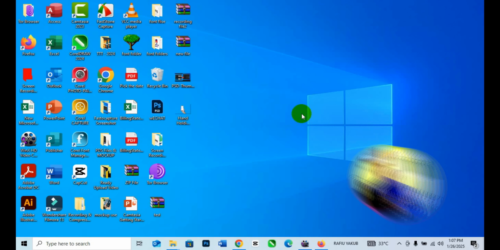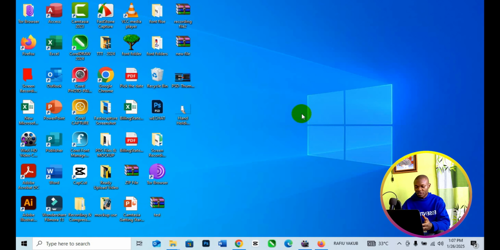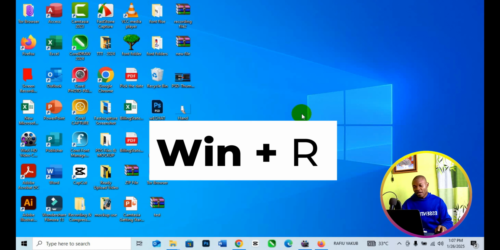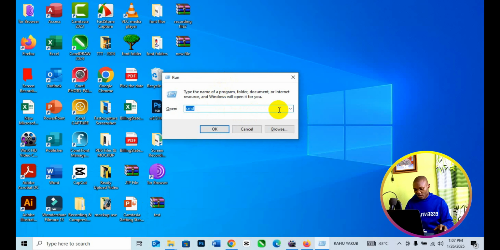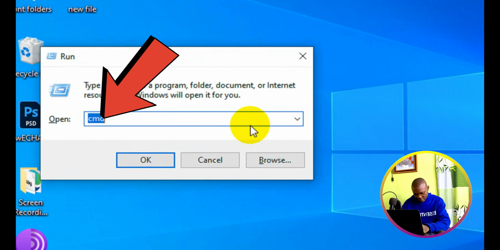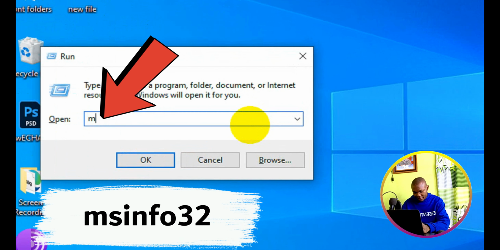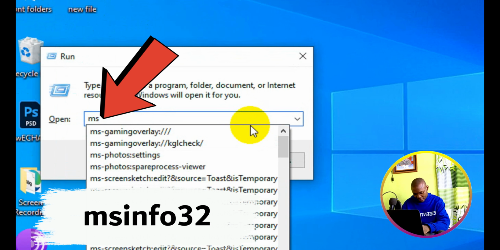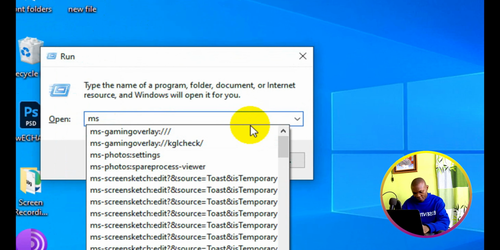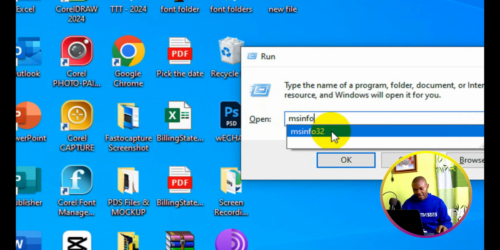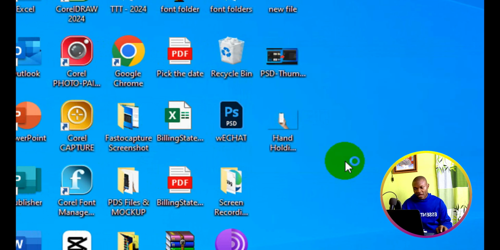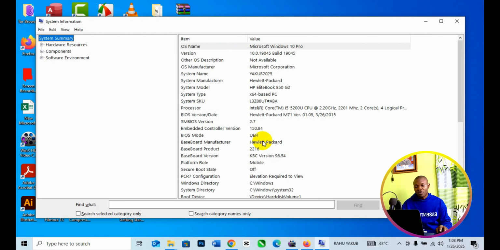So the very first thing you want to do on your Windows keyboard is to press Windows plus R, and this Run dialog box is going to pop up. Next, come to the column right here and type in msinfo32. Click on that and then hit OK, and in a few seconds you will have all your